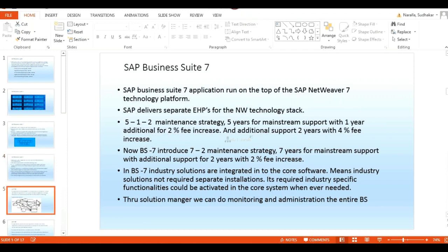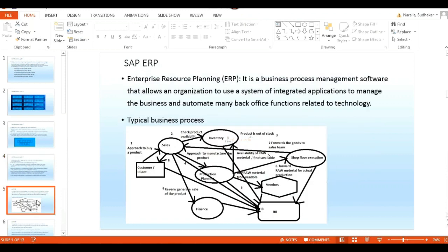So in Business Suite we have different types of software applications: ERP, SRM, CRM, PLM, right? ERP is one of the most important, so we need to talk about ERP. ERP is Enterprise Resource Planning.